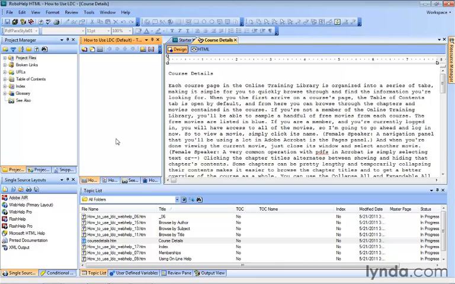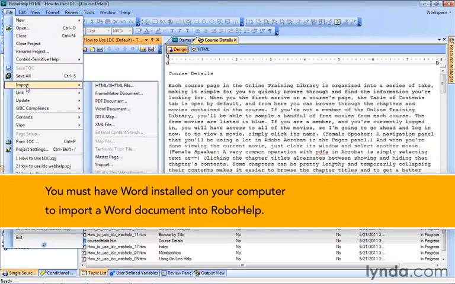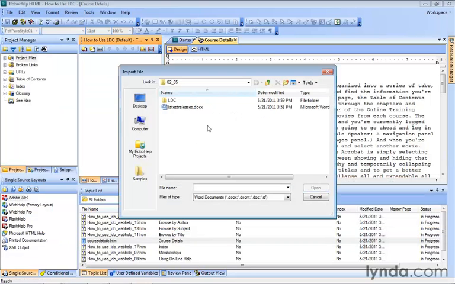We're now going to import a Word document. And just like a PDF, we can start a new project by importing a Word document, or if we already have the project open like this, we can simply import it by going to File, down to Import, and then you'll select Word document. Now if you've got the exercise files, we're going to the 0205 subfolder of Chapter 2,